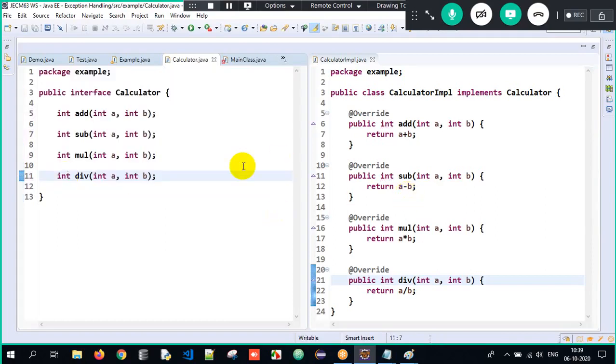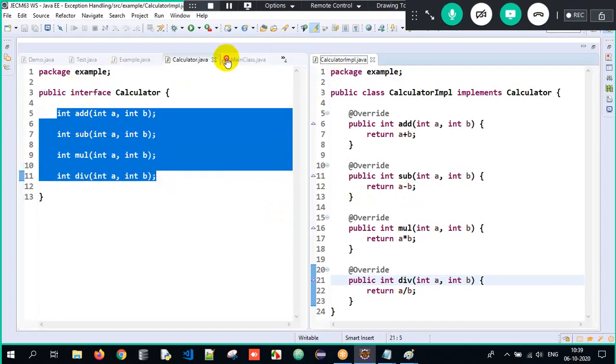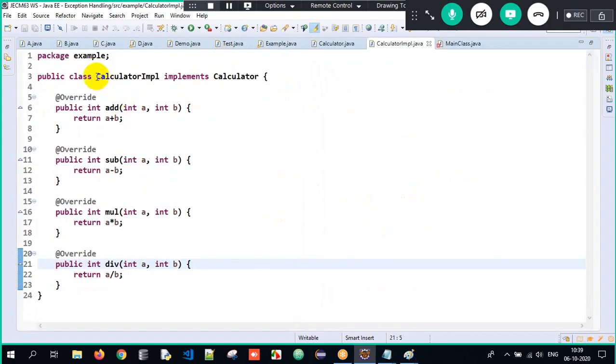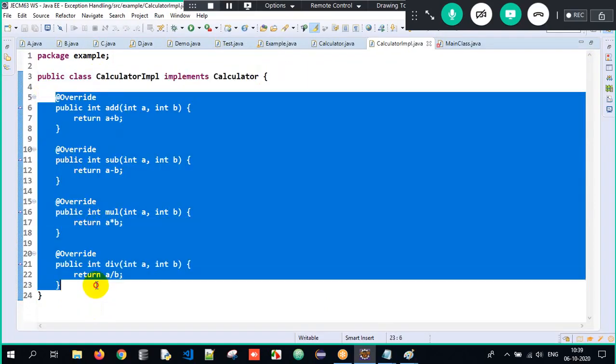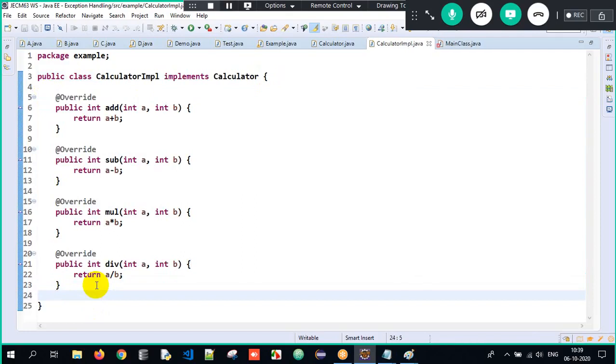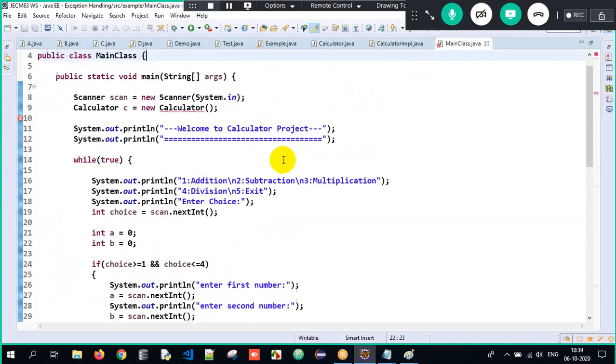So it works fine. See, rule number one for achieving abstraction, I have to make use of an interface and I have all the abstract methods. Rule number two is we have to achieve an IS-A relationship and we are supposed to override those abstract methods. Got the clarity? Three rules done. What is it? Make use of an interface and have abstract methods. Then make use of a class which will implement the interface and override all the methods here. And over here, I need to achieve upcasting.